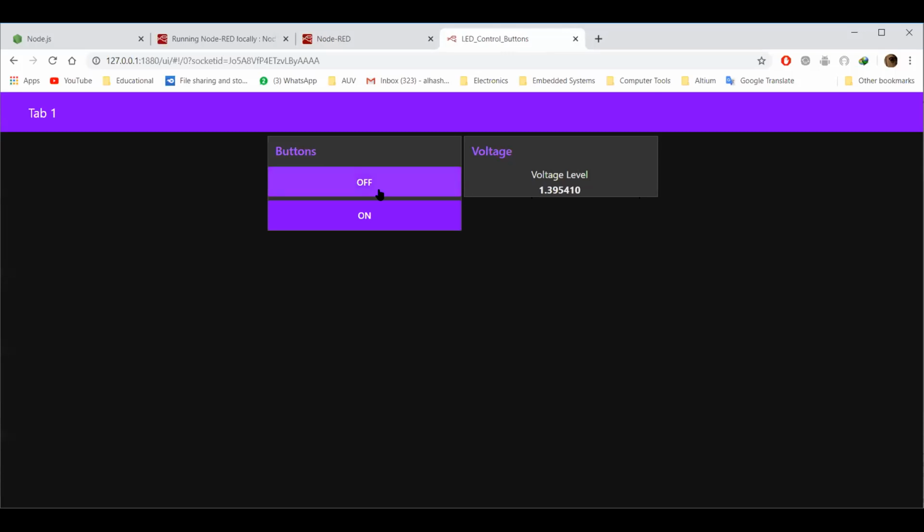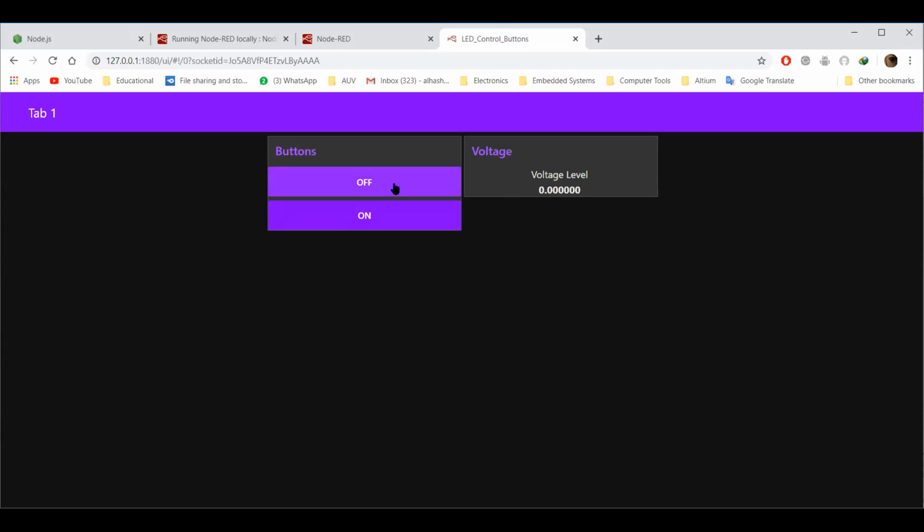Right now, Arduino is actually connected and sending the values. I'm trying to adjust the potentiometer, which is the voltage level, and as you can see, it is changing in here. The maximum I can reach is 3.3. This is my maximum voltage level, and then going back down to 0, you can see how fast this is being done. And if I hit on, the LED goes on and the LED goes off. If I hit the button off,